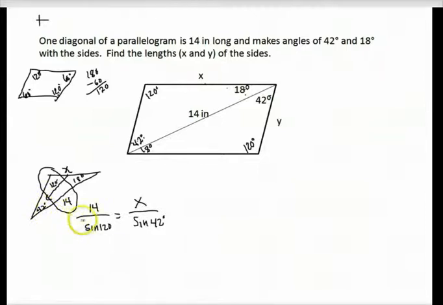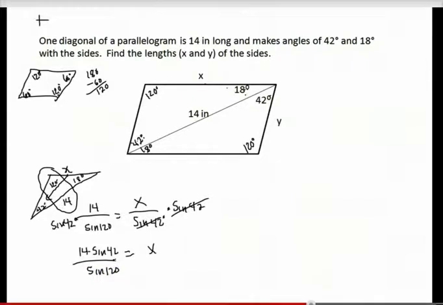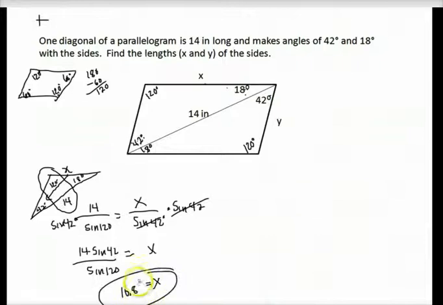All right, so now let's go ahead and solve for x. We have to multiply by the sine of 42. And we have x is 14 times the sine of 42 divided by sine 120. All right, and we find that x is 10.8. For y, I'm going to